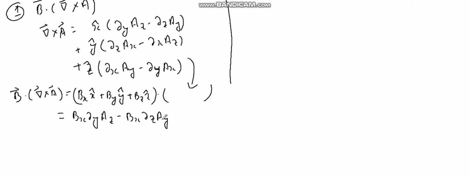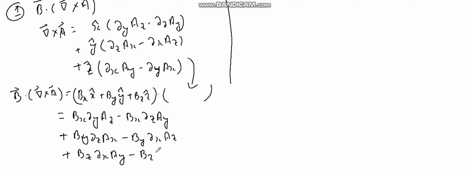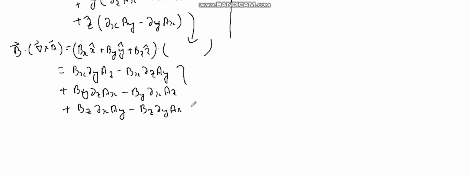ay. Okay, so this is the first term, plus the second term will be by multiplied by this term, del z ax minus by del x az, plus the third term. So bz will be multiplied by this term, bz del x ay minus bz del y ax, right? So this is the final equation for the first term,